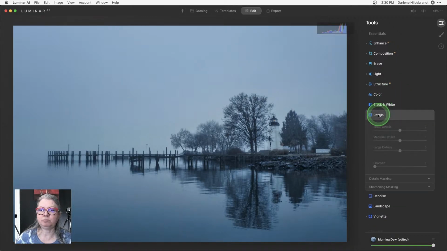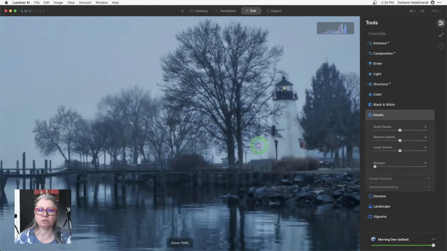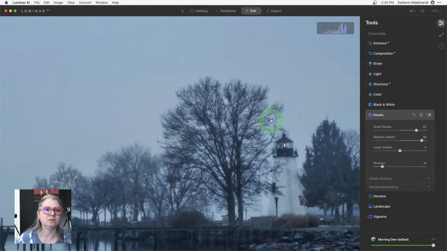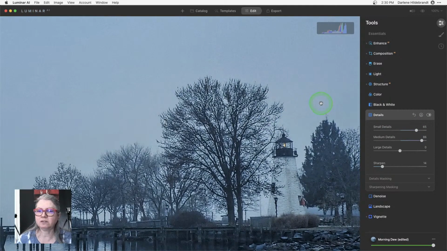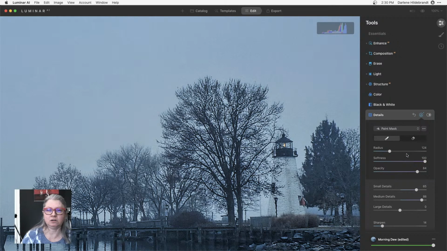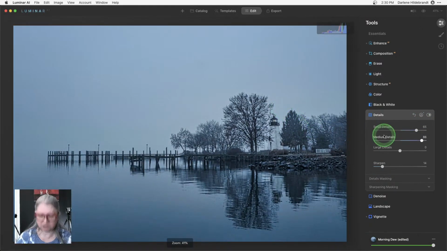Okay, so if I want to apply some details, as in I want to sharpen it even more, I'm going to add some sharpening, but you don't want to sharpen the sky. So again, I'm going to take this to extreme to show you what happens. When we are sharpening the sky, you start to get more pixelation in those areas. But if I paste in the same mask that I had before, now it's not applying to the sky. Now the mask is not applying to the sky, and we're only sharpening the same areas.